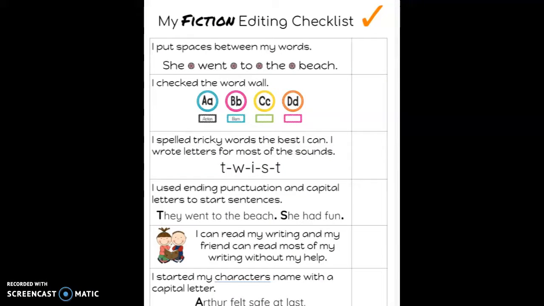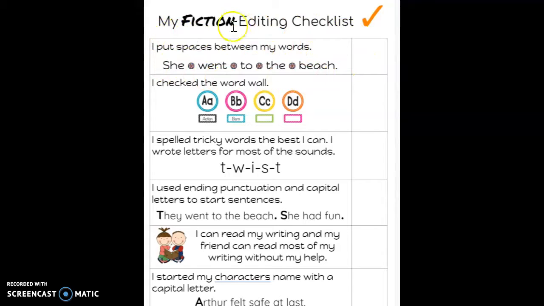All right, friends, so this is the fiction editing checklist that we are going to use to edit your story. So let's go over it quick. You can choose to print this off if you would like, or you can just follow along with it as we do our writing. So some things that we're going to be checking today on your checklist is we are going to be checking,